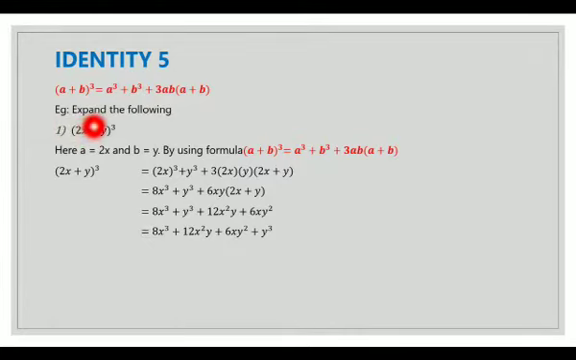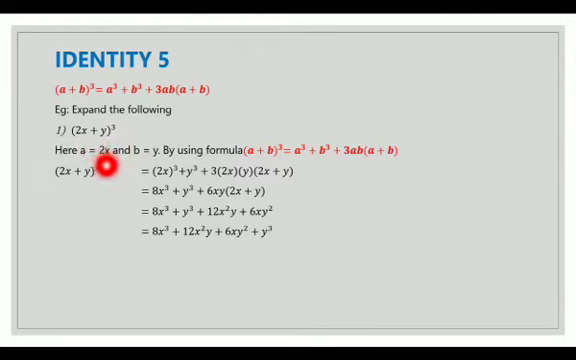The first example, expand the following: (2x + y)³. Now we are going to equate this with the original identity, that is (a + b)³. From that we get a = 2x and b = y. By using the formula (a + b)³ = a³ + b³ + 3ab(a + b), therefore (2x + y)³ equals a³